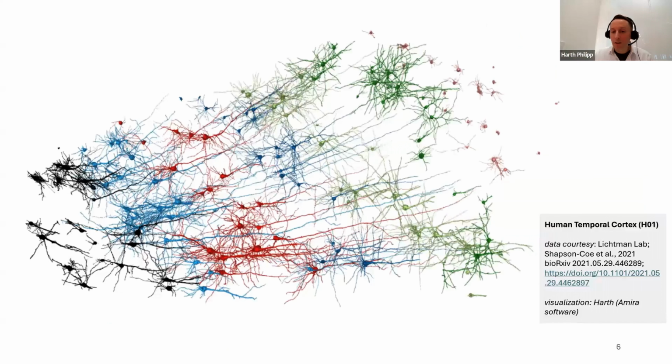So one exciting development in the availability of these data sets is that more and more this gap between the light microscopical world and the electron microscopical world is bridged. Here we see a recently published data set about the human temporal cortex, which is a tissue sample from a human brain, which was excess tissue removed during an operation. And it was reconstructed by Lichtner Lab and was made publicly available.